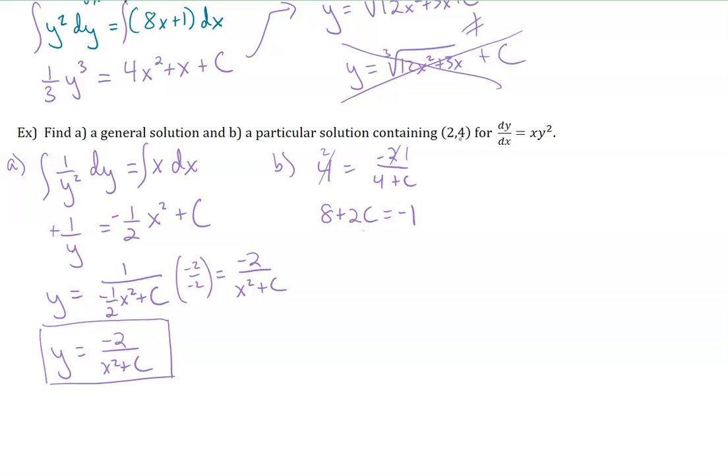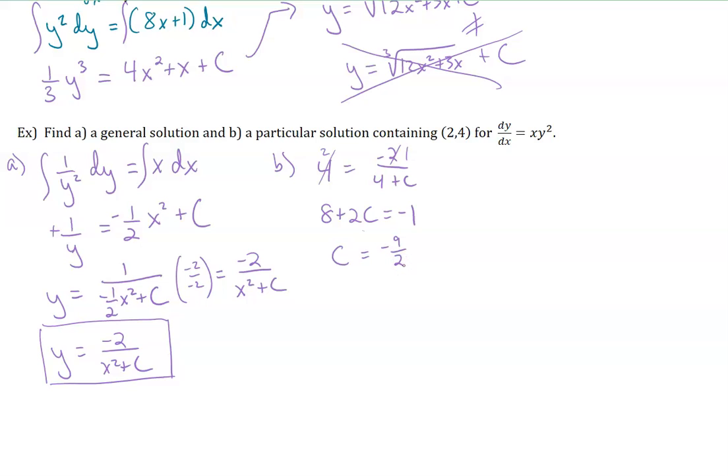Think about what we know about the equation for a line. y equals mx plus b in slope-intercept form. m can be anything, b can be anything, but as soon as we're talking about a specific line and we start plugging points in for one value or the other, then m and b have a specific constant numeric value. Okay, so let's subtract 8, and then divide by 2, so we get -9/2